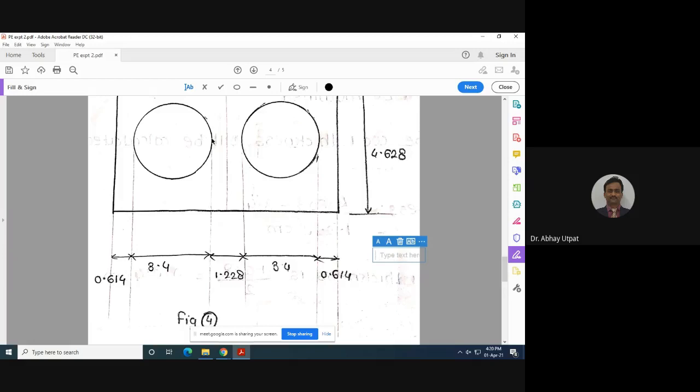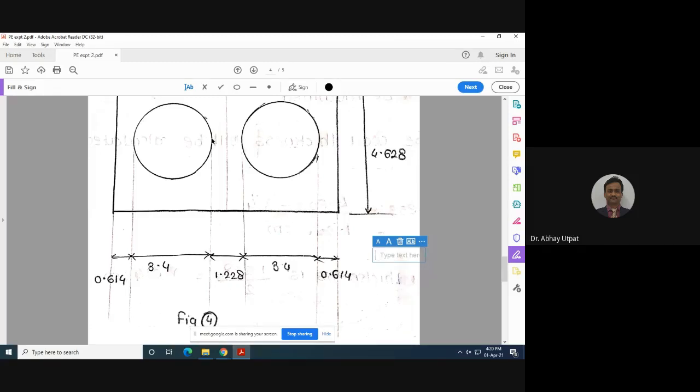And then you are going to decide the length of the sprue. After calculation, what is the sprue? Sprue is nothing but one vertical cylinder. So pi by 4 d square into L will be the volume of the sprue. And if you multiply it by density, you will get the weight of the sprue. And length approximately 8 centimeter is calculated.